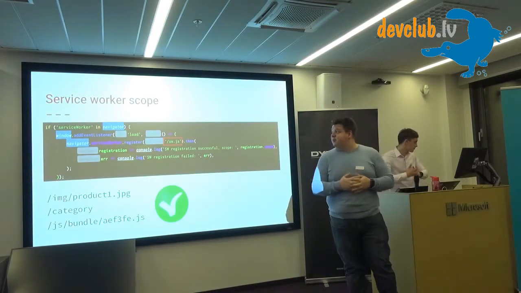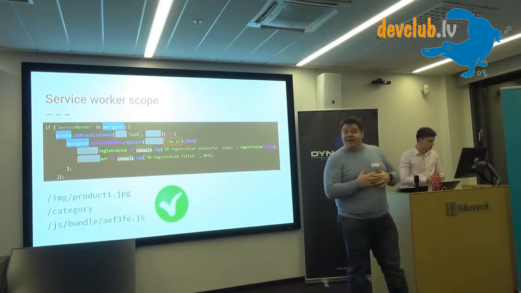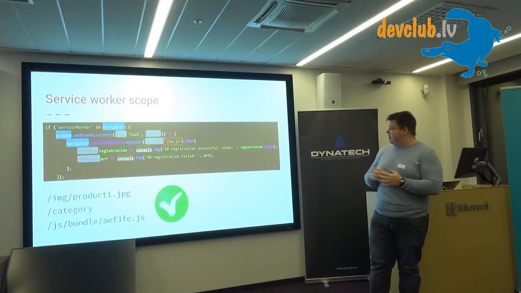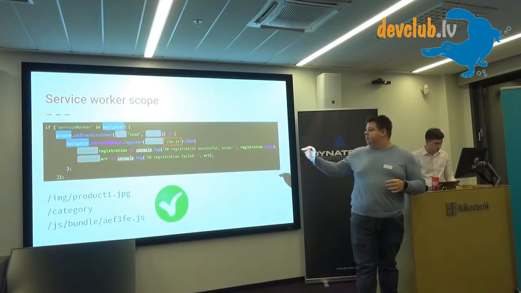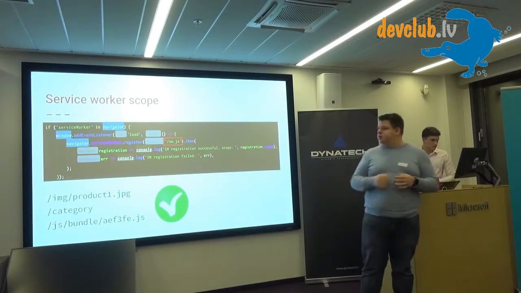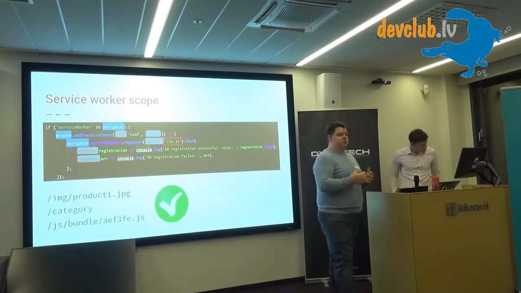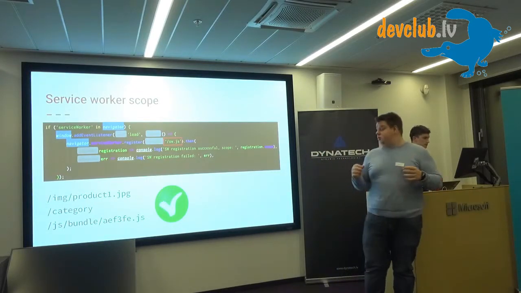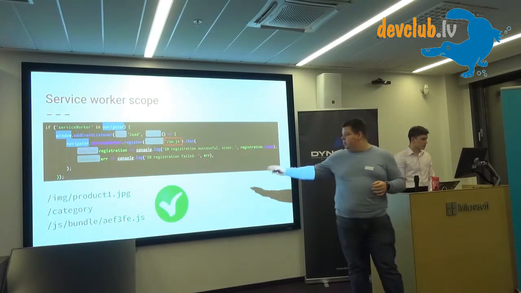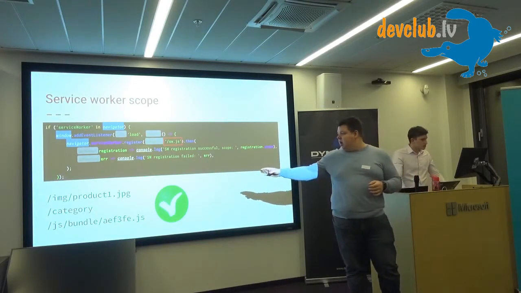The next thing which is important, starting with Serviceworker, was scoping. In this example, we are loading, it's an example of how to load your Serviceworker on the page. We are loading Serviceworker from the root of our domain, so this Serviceworker will catch all requests, no matter what it is, and where it is